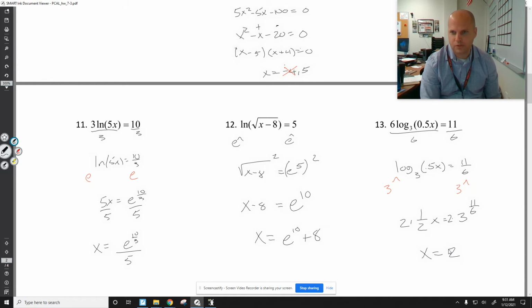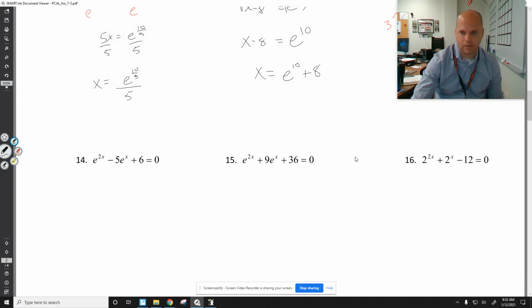2 times 3 squared is not the same as 6 squared. 2 times 3 squared is 18. 6 squared is 36. Doesn't work. You have to leave your answer like this. This 3 is kind of being used by the natural log. You have to get rid of the natural log before you can do anything to the 3. So you can't, so just leave it like this. All right, let's go back to